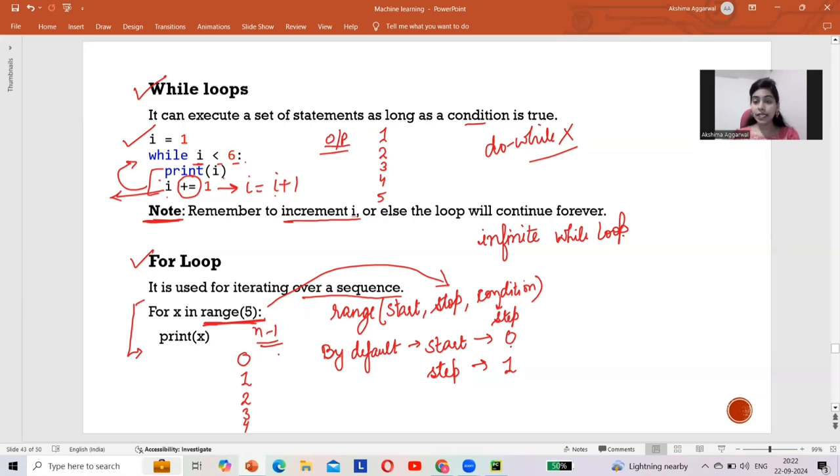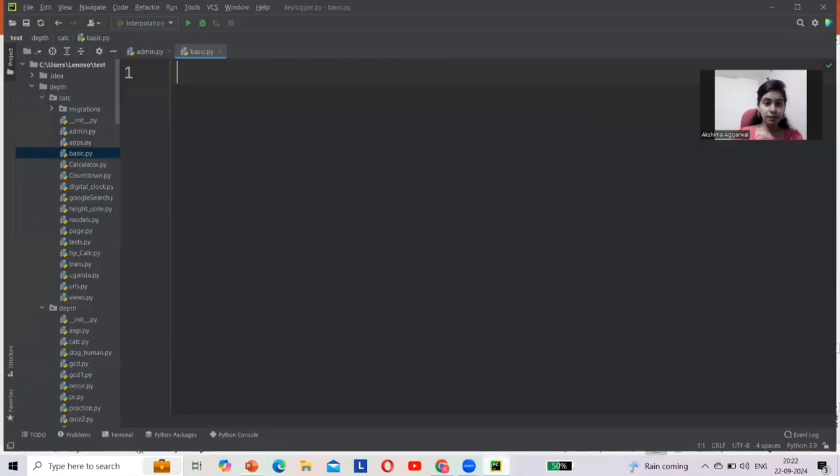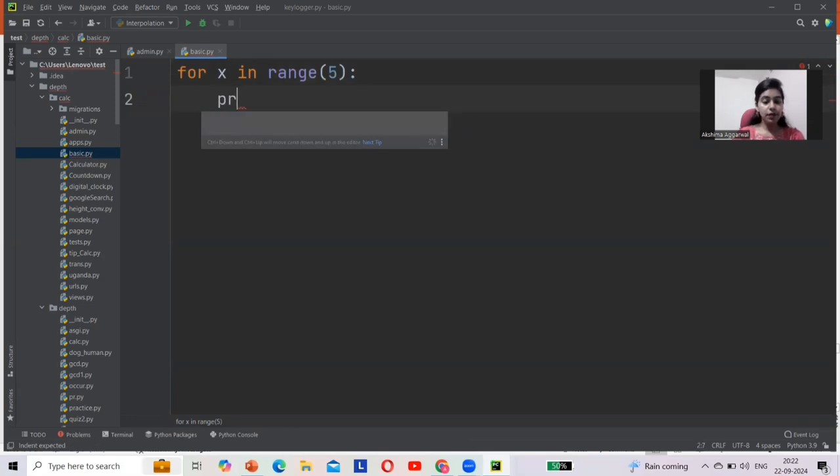If you want to see the output of these two lines of code on PyCharm, I will write it. For x in range, for example 5, then colon, then print x.